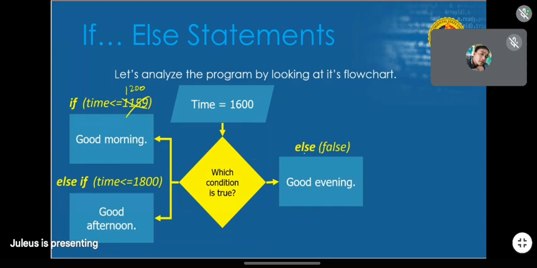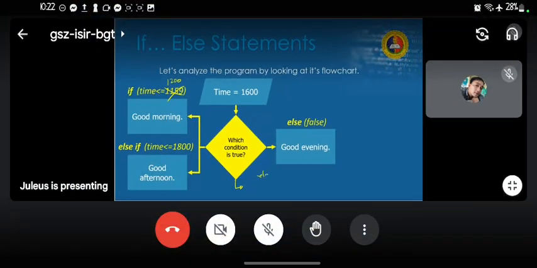Then we have another flow that says, else if time is less than or equal to 23:59, it will say good evening, and then else says error.